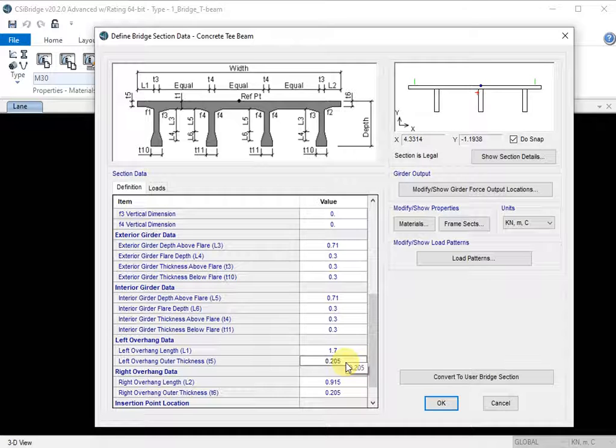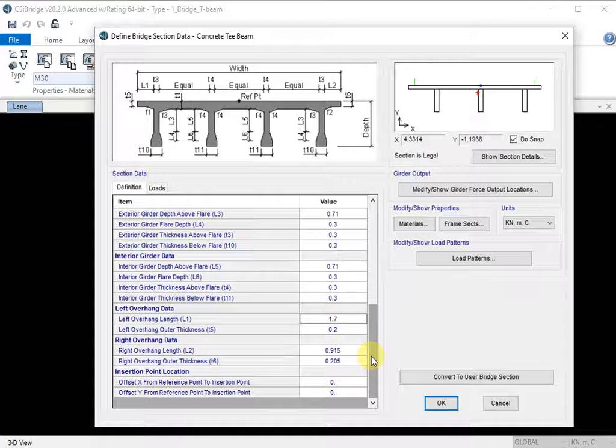You can cross check the data here. 1.85 is the distance between the center of the exterior girder to the outermost, minus 0.15, and that will be your overhang.